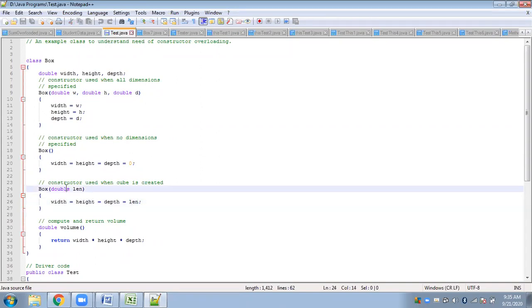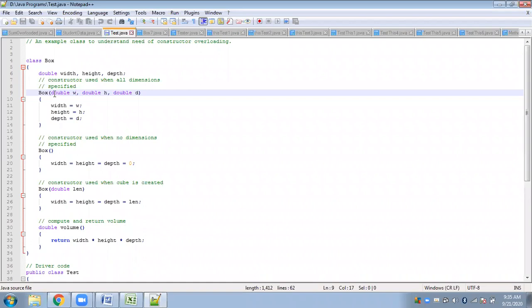If you look at the 3 constructors, you can see that the constructor names are the same. Of course it has to be the same because this is a constructor of the class Box, so the constructor name has to be the same as the class name. So this matches with method overloading. In method overloading, we learned that the method name should be the same. Then the second and third rules implied that the number of arguments and the data type of the arguments must be different.